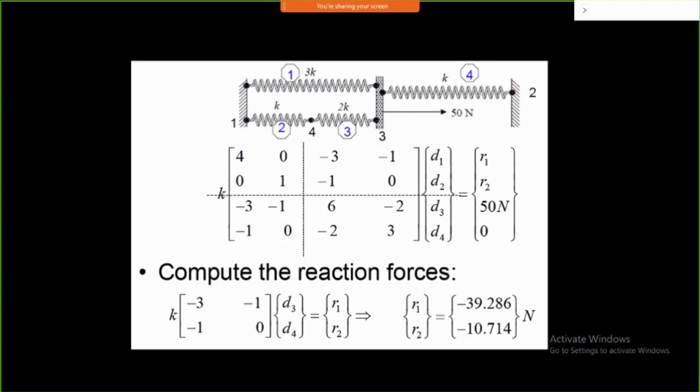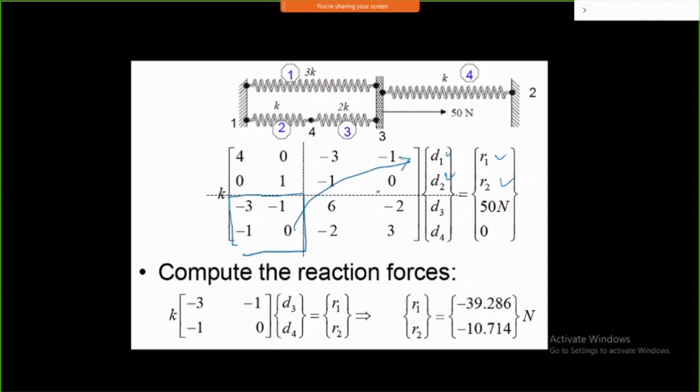Once we receive this, the next task is to determine the reactions. For the reactions, we are going to deal with the d1 and d2 equations, in terms of d1, d2 and r1, r2. You can now split up these equations for r1 and r2. So you can now take this matrix, which is to be multiplied with d1 and d2.